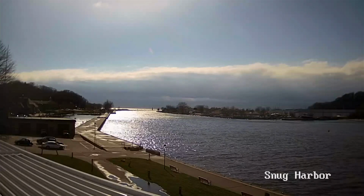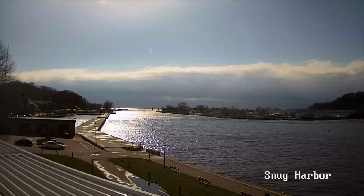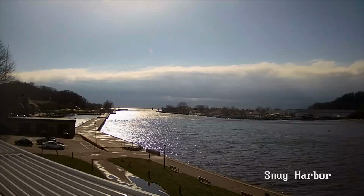Turning to weather now with this live look from our Snug Harbor Tower camera there in Grand Haven. Pretty heavy downpours we saw earlier today. Some of our area was even under a severe storm warning today. And boy, was it windy. The rain has moved out for now, but 13 On Your Side Chief Meteorologist George Lessons has had a busy